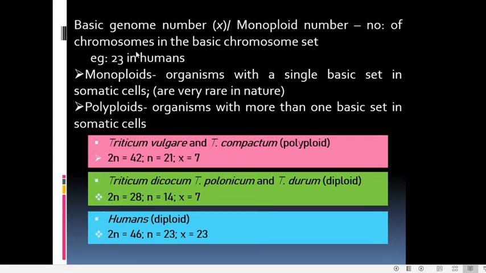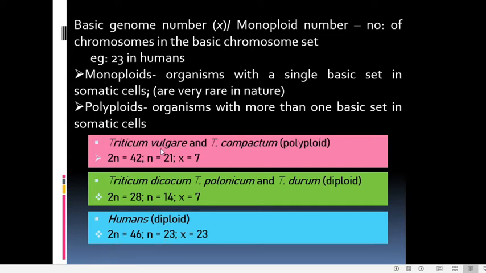Okay. So, we come back to the monoploid condition in humans. In humans 23 is the monoploid number, but the haploid number is also 23. So, what is the difference between monoploidy and haploidy? We come to humans first, where x or the monoploid number is 23 because the single set consists of 23 types of chromosomes. In their gametes also there is only one set. So, the number is 23. And in a diploid human which is formed by the fertilization of two gametes, the diploid number 2n